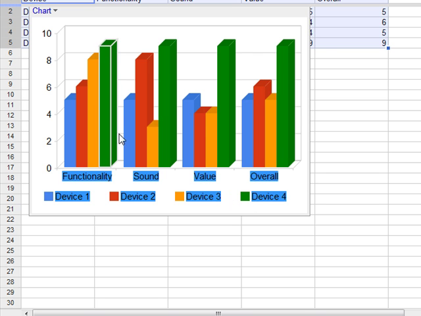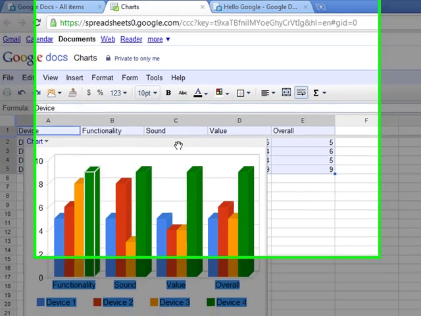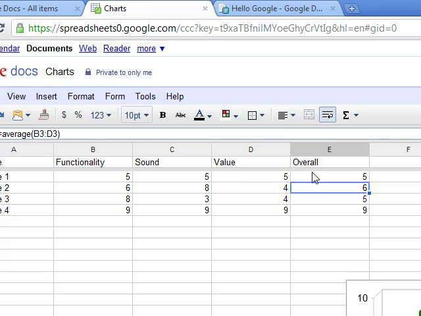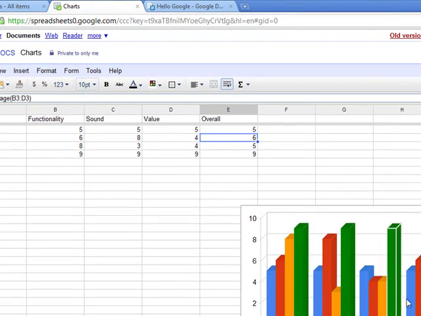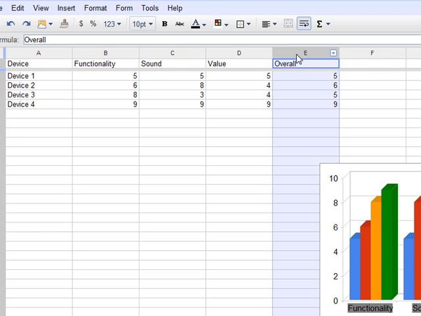We can see that overall device number 4 is the best. It's the best throughout, in fact. We could also do things like, let's say I just want to get an overall. Let's say that's too much information in this. So what I'll do is I'll grab the overall column E and drag it back to column B. Now I'm just going to highlight these two,